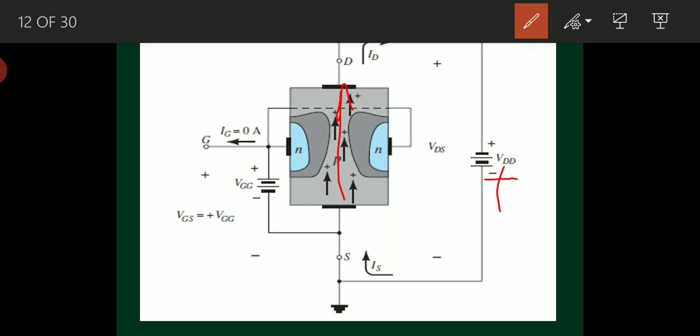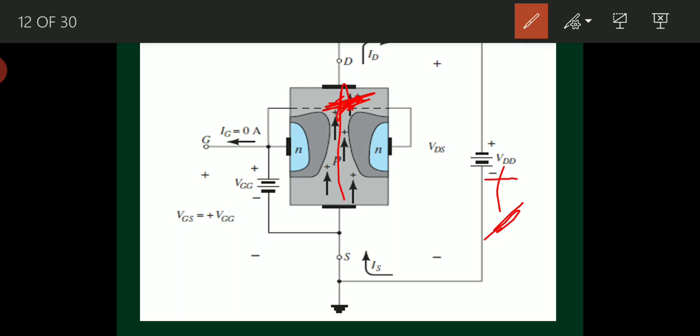As holes are positive charge carriers and I am applying positive voltage VDD here, this positive terminal VDD will push the charge carriers, the holes, towards the drain terminal, because like charges repel each other. And what will happen at the drain terminal? The drain terminal is also a p-type semiconductor substrate. The charge carriers in the source terminal are moving towards the drain terminal, such that the hole concentration at the drain terminal will be very high here.